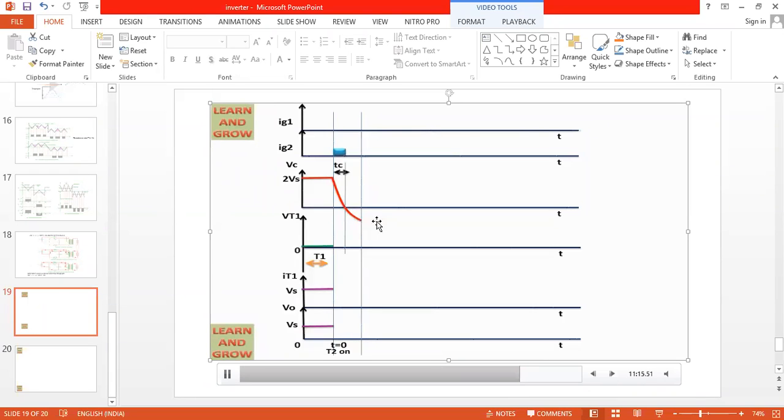It discharges up to minus 2 Vs. The capacitor has a positive plate and a negative plate. It charges up to plus 2 Vs and discharges up to minus 2 Vs. You can see the capacitor discharging, and the discharged voltage will be minus 2 Vs. No need to explain the voltage across T1. When the SCR is off, the voltage is blocked across the SCR, so no need to mention this one. We concentrate on IG1, IG2 and VC, and follow the VS. And the VS waveform will follow the VC.